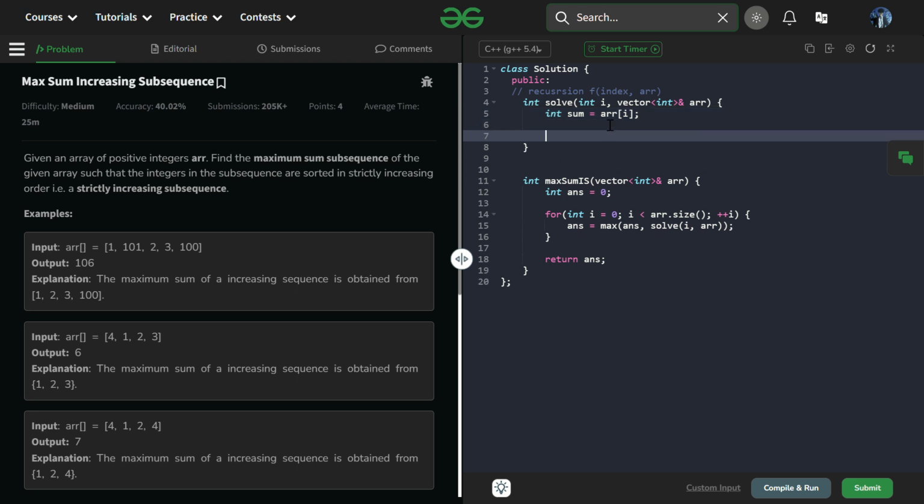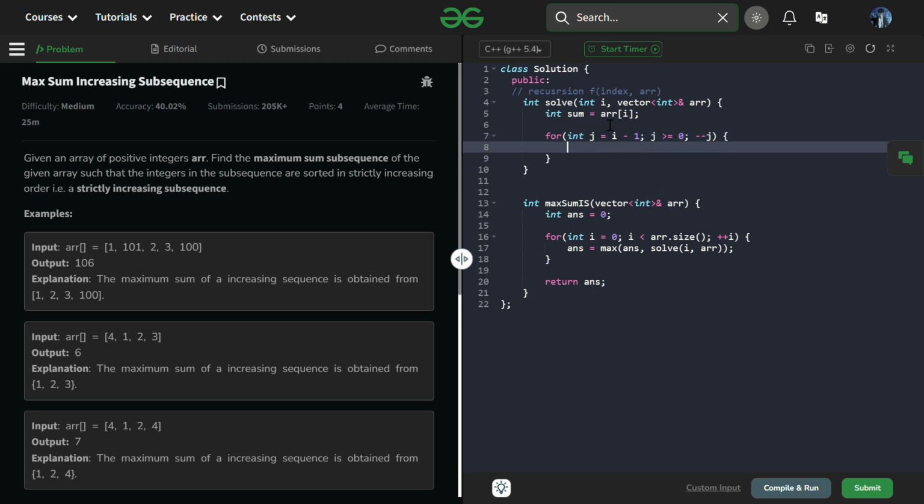How can I do it? By traversing the array with j equals I minus 1 while j is greater than or equal to 0, j decrementing, and if array of j is less than array of I, then we can say okay,